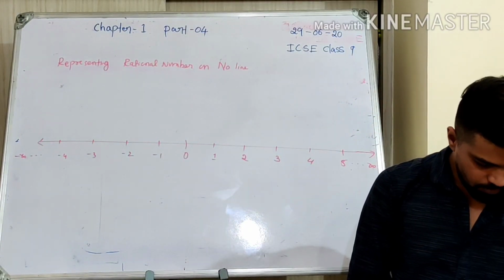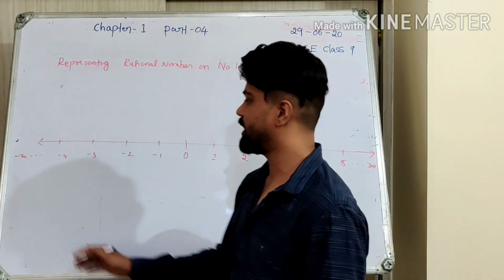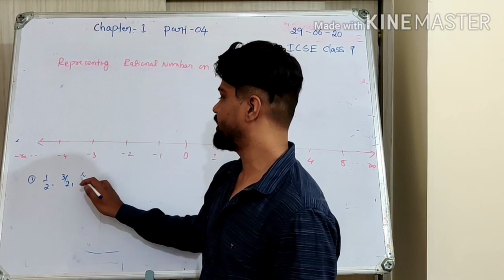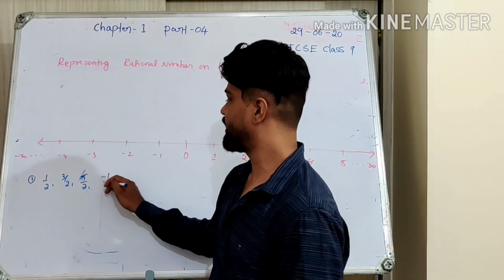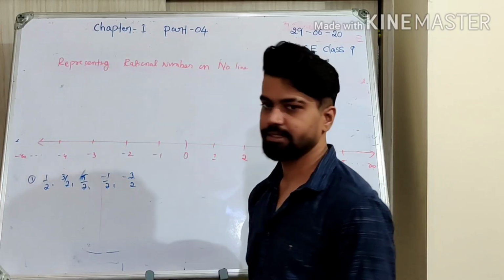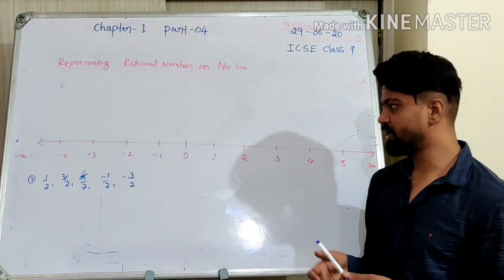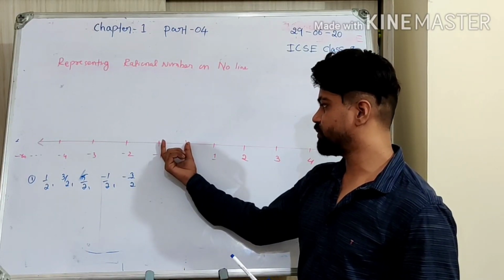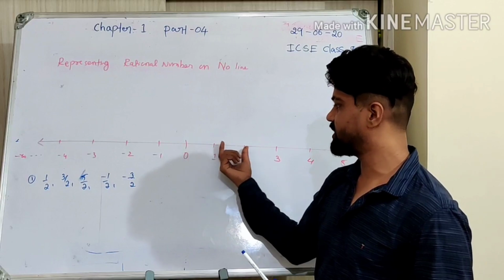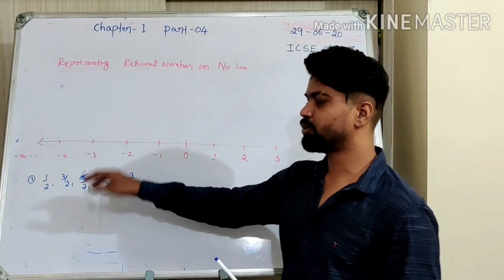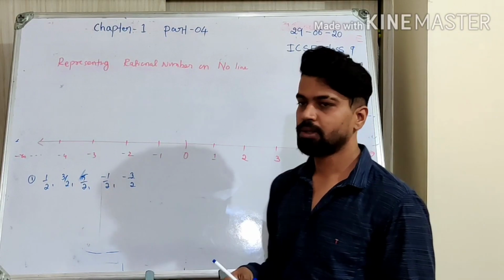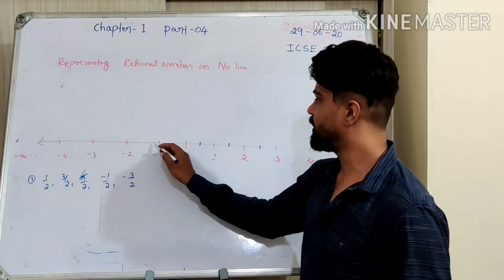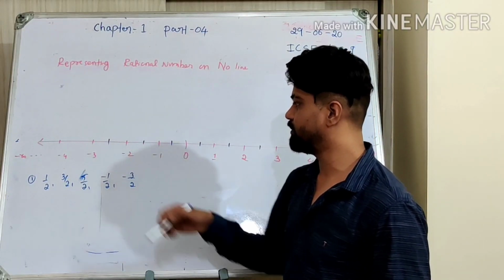Now what is going to be there for fractions? Say now for example, I have to express 1 by 2, 3 by 2, and then 5 by 2, minus 1 by 2, minus 3 by 2 on the number line. So what will you do? That's very simple. So what is the denominator here? 2. That means we have a difference of 1 between each number, right? Now I need to divide them into 2 equal parts because the denominator is 2, no? So I need to divide the difference between them into 2 equal parts. And those equal parts will be filling these numbers which we have here.